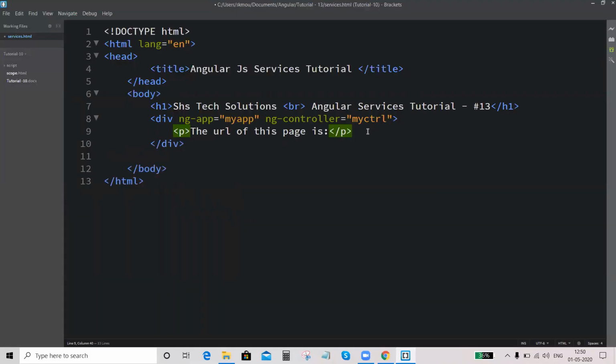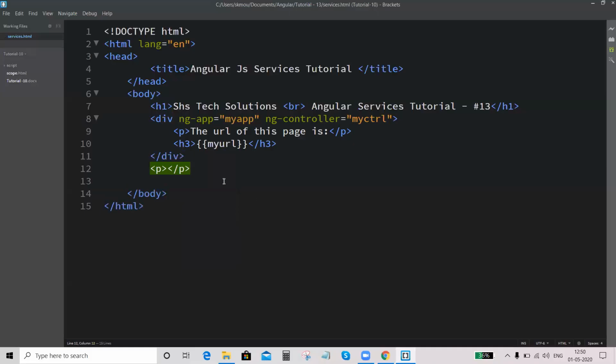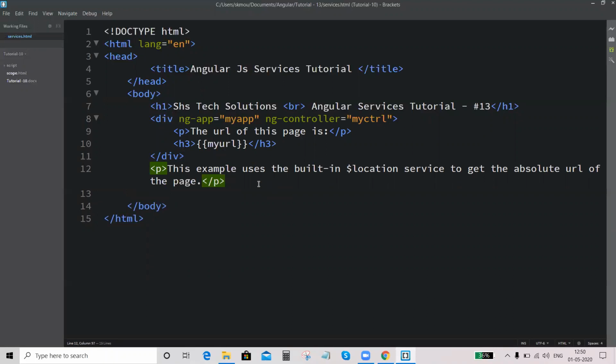The URL of this page is basically my URL. Okay. Next I will write the script.